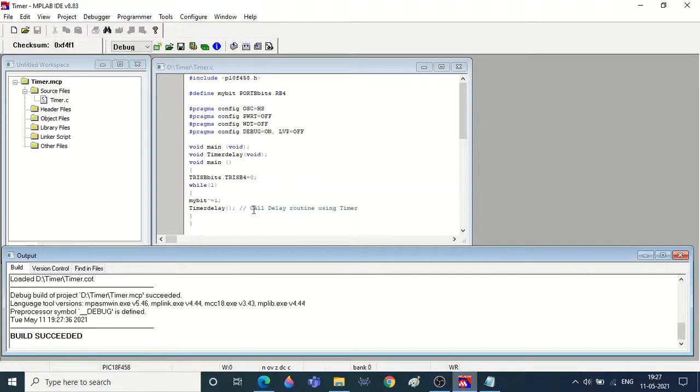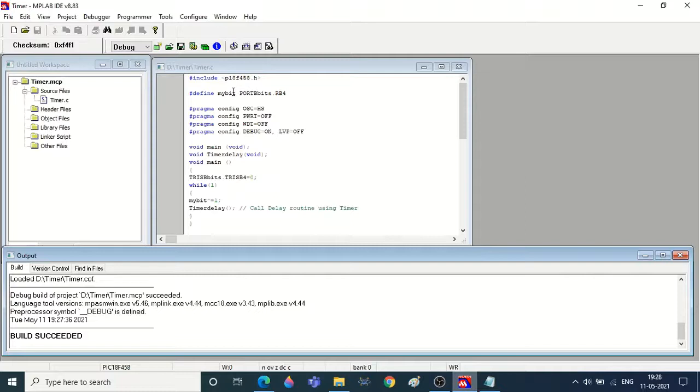Okay, this is the program where we are going to generate the square wave by using a PIC microcontroller. We have to include the first header file, that is PIC18F458. Now we are going to observe the output at pin number 4 of Port B. Here we have defined one variable as MyBit for that particular pin: #define MyBit PORTBbits.RB4. This will declare that port pin 4 of Port B as the MyBit variable.